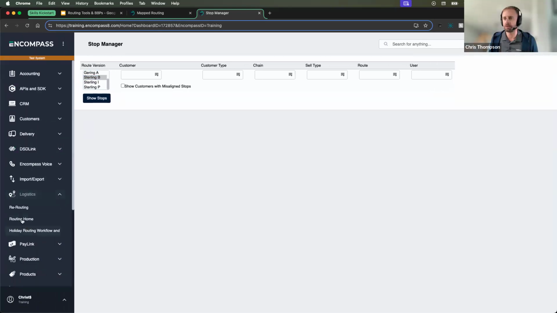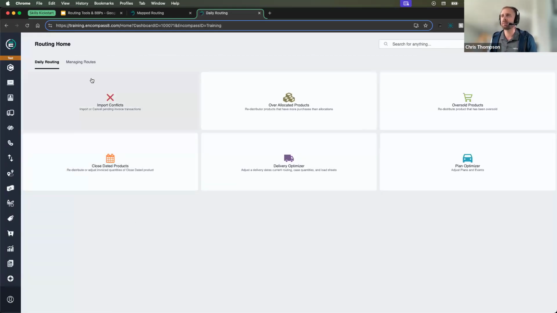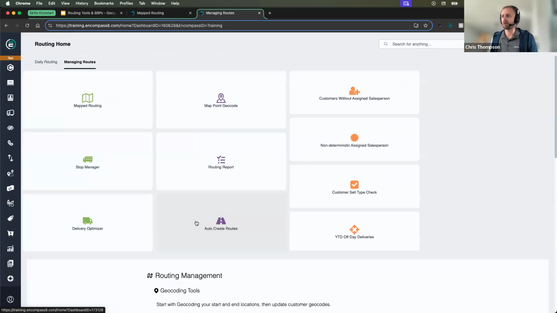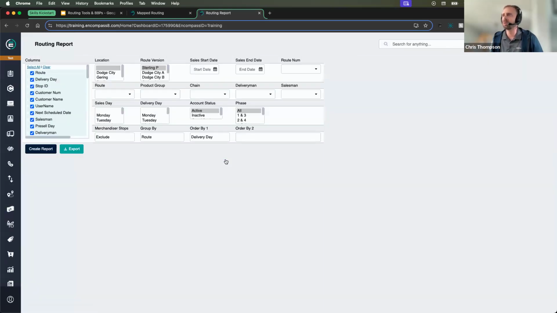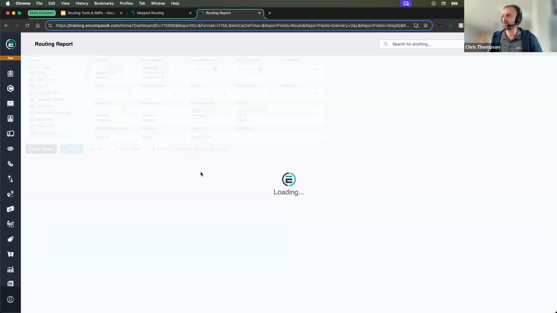All right, let's jump back over to our routing home dashboard and go over to our managing routes and the routing report. So the routing report, as I was talking about earlier, kind of acts as our final check to see the work that we're putting in and make sure that we've generated our routes, we got our pre-sales, we got our delivery routes in there, and we got our stop information in there. But if we pull up our report here,